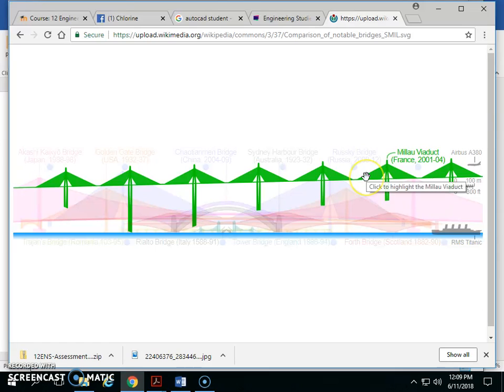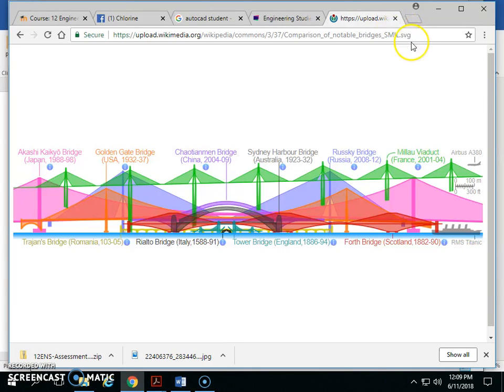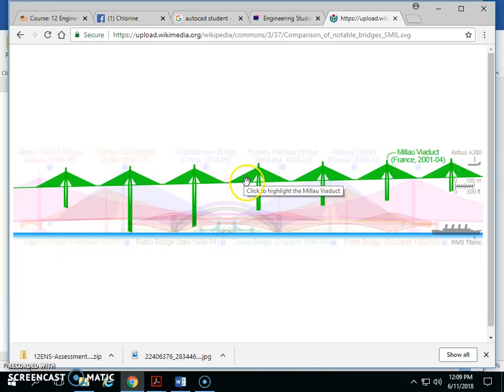And then we have the Millau Viaduct, which is in France, just remembering that it is as tall as the Eiffel Tower. Okay, so that's a rough summary of bridges. And that's enough bridges that you could talk about the significance of those. You could pick two of those and compare them and say, how have these innovations come about? Well, improvements in design, improvements in materials. An improvement in design means that we can design more effectively and more efficiently. Improvements in materials allow us to build more bridges more economically. Okay,